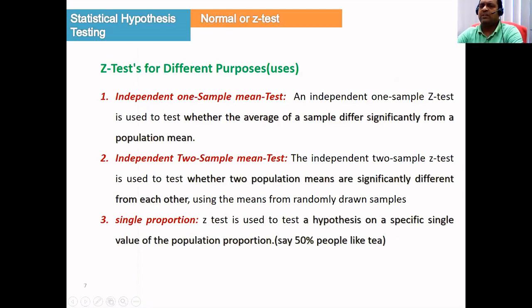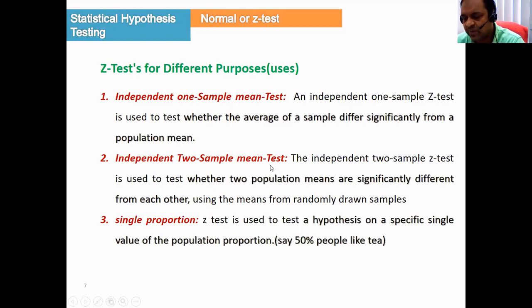So we can use the t-test for different purposes in different areas. One is the independent one sample mean test. The t-test is mainly used to compare the mean, where some mean value will be given. We can test whether it is right or wrong, or whether it takes the same value. This is called the independent one sample mean test. There is only one sample, and we can verify whether the sample mean is right or wrong.